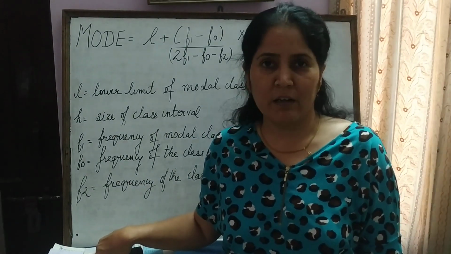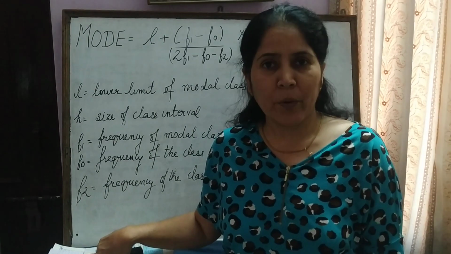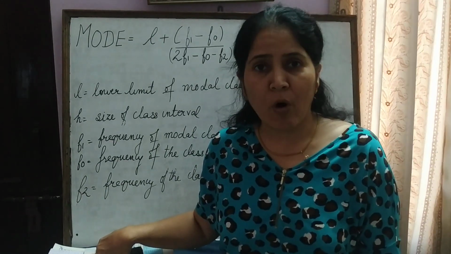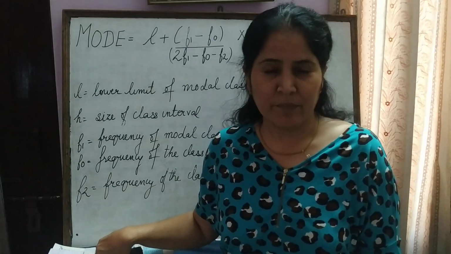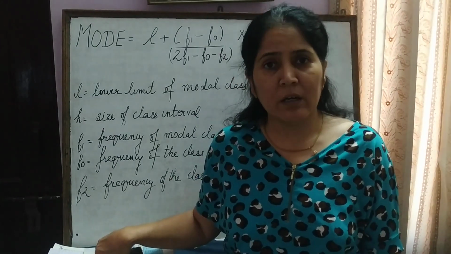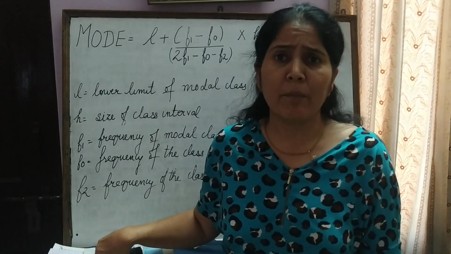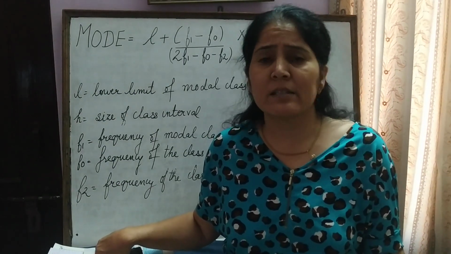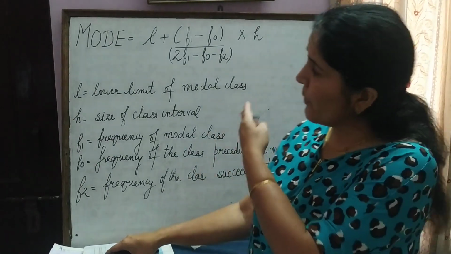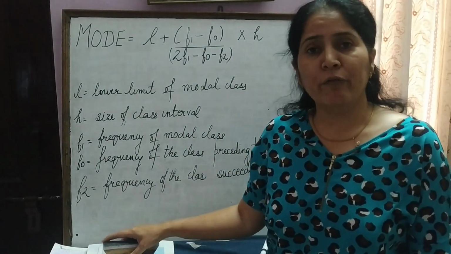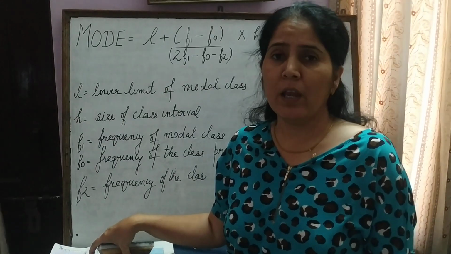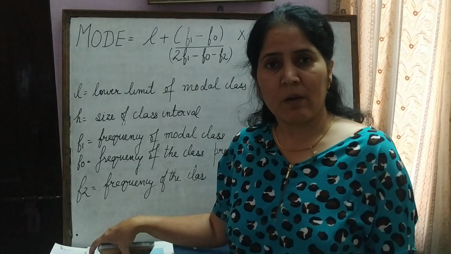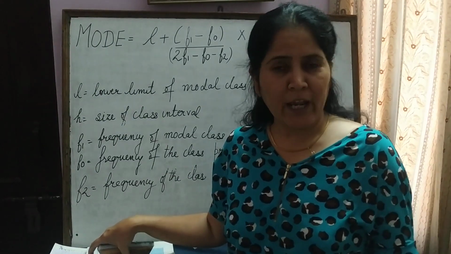Welcome to Digital Learning. Today in this video, we are going to learn the ways of obtaining mode of ungrouped data. In class 9, you learned that mode is that value among the observations which occurs most often, or I would say which has the maximum frequency. Now you can see that I have written the formula on the board and you all have to note it down in your notebooks. So let us take one example of finding out the mode.